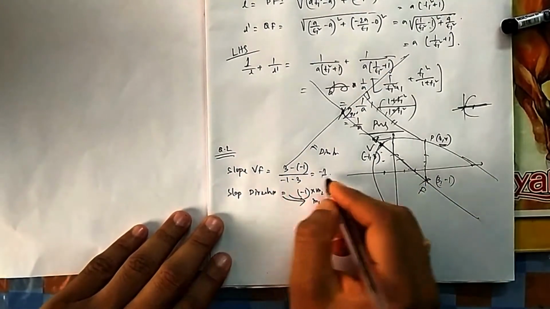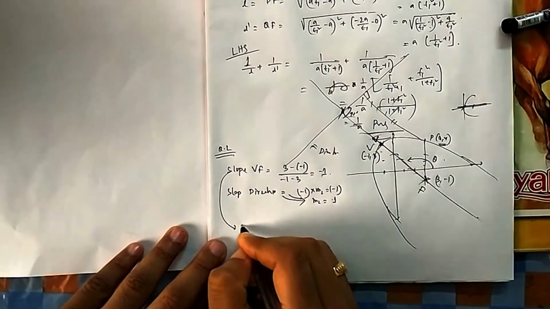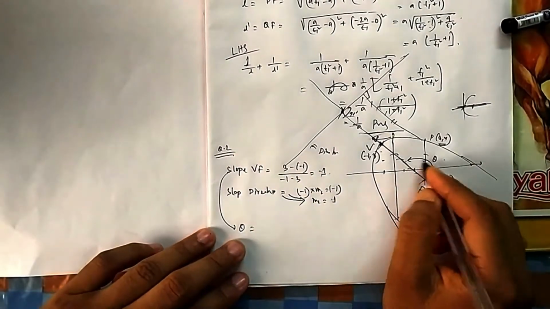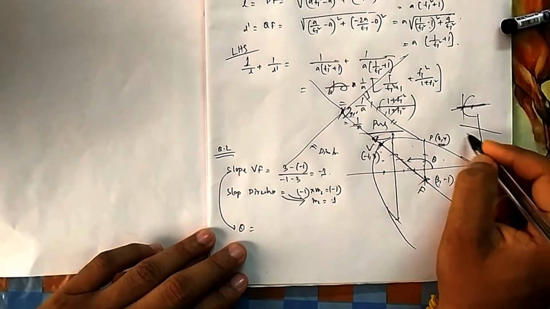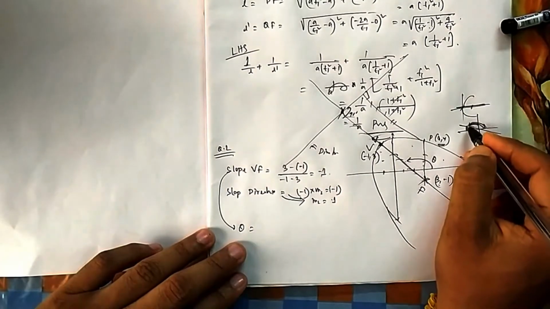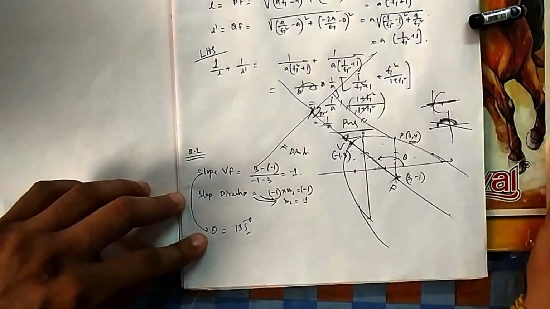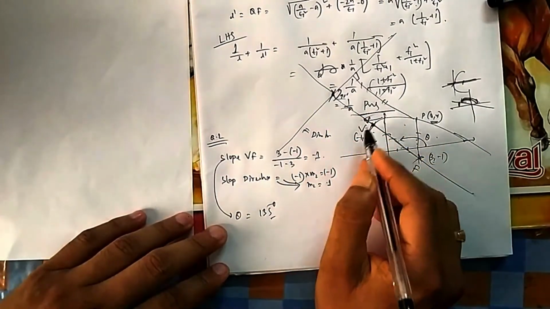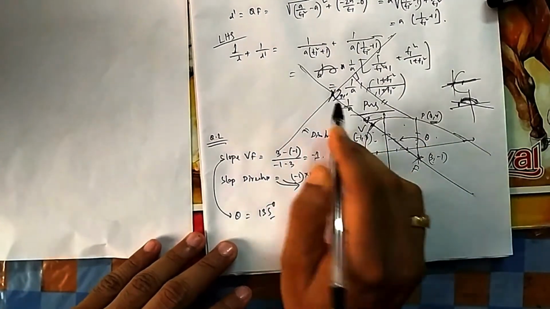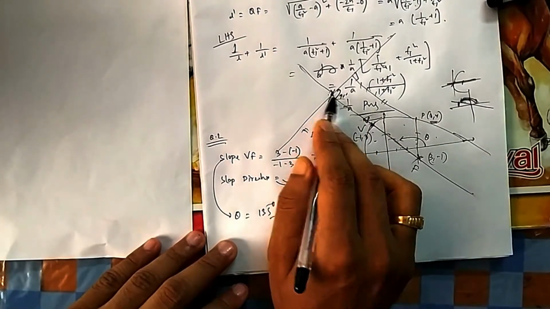Once you know the slope of VF, the angle it is making, suppose this is theta. What is theta? For what angle is tan theta -1, because slope means tan theta? It is in the second quadrant and you need -1, so it is 45, so from here, 180 minus 45. So theta is 135 degrees. Why am I calculating theta? Because you need to find this point. How will we get this point? Using the symmetrical form of the straight line. If I want to find a point which is at a distance, suppose 5 units, from this, on this line.